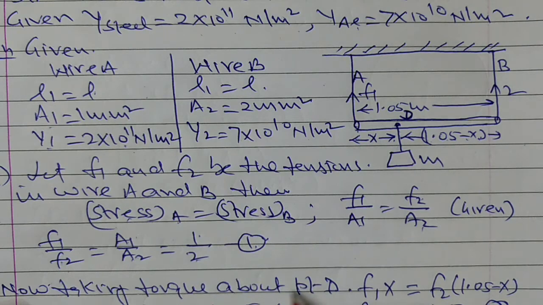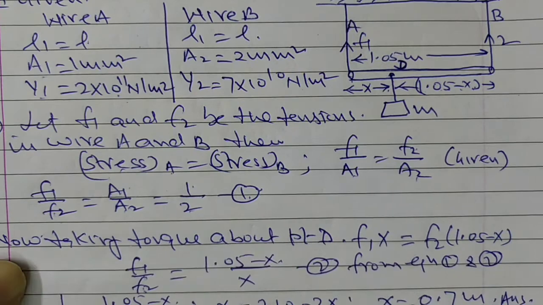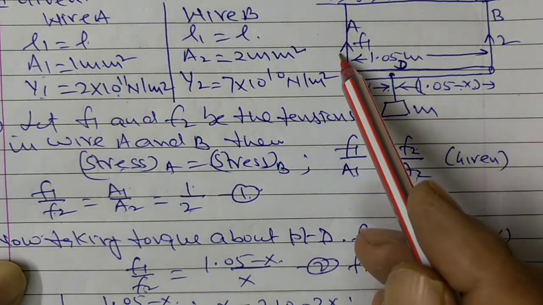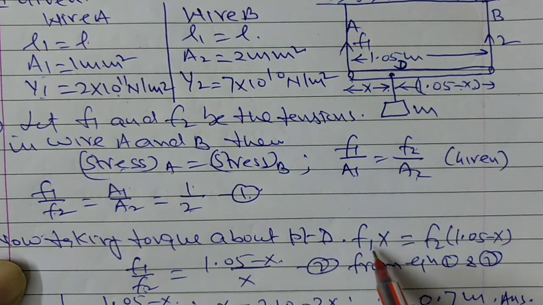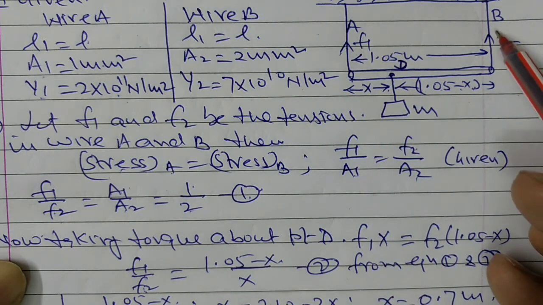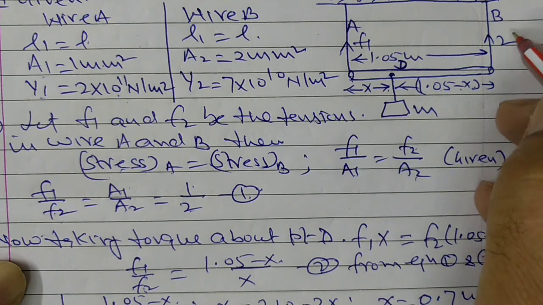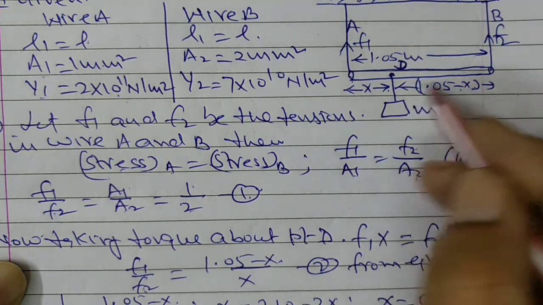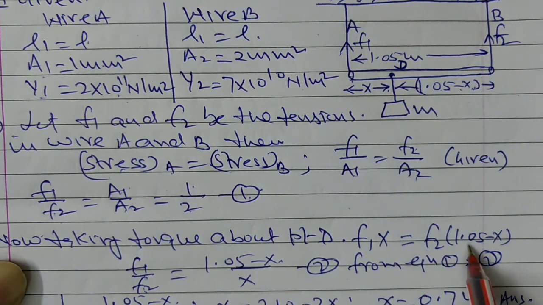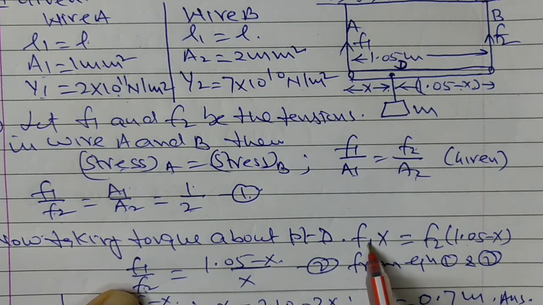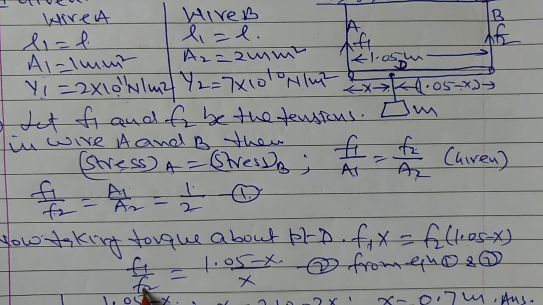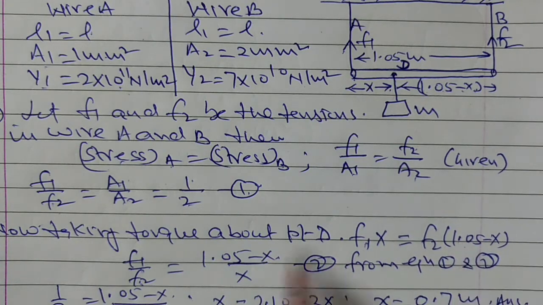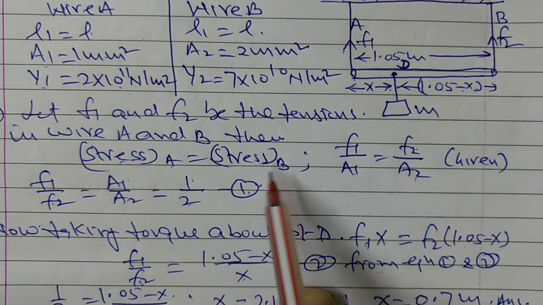Now taking torque about point D, and you know that torque is equal to force into perpendicular distance. Similarly, this is force F2, this force here F2 into this perpendicular distance, right? Now this can be written as F1 upon F2 is equal to 1.05 minus x upon x, and from equation number 1 and 2